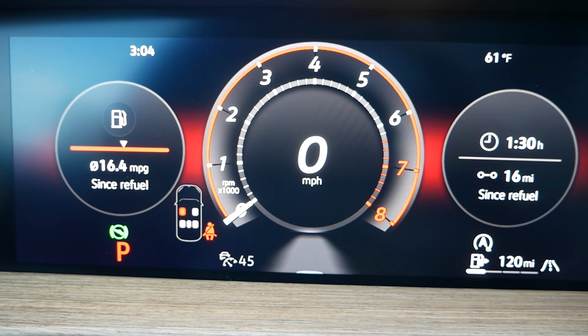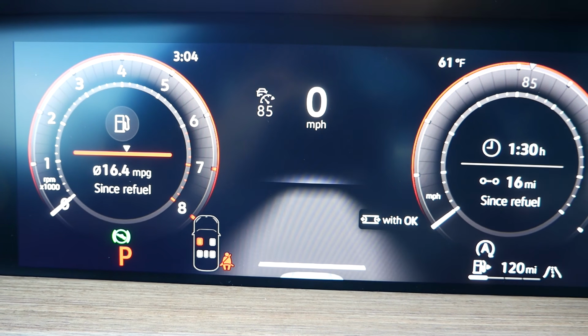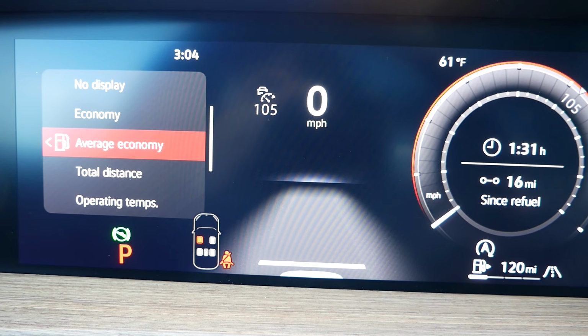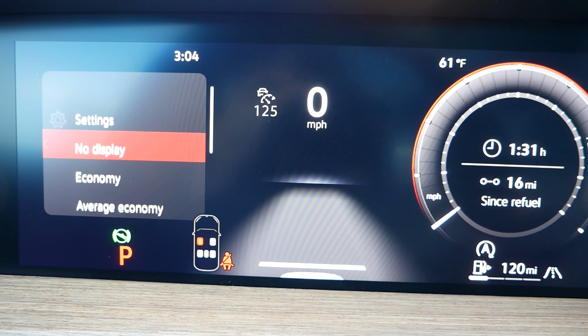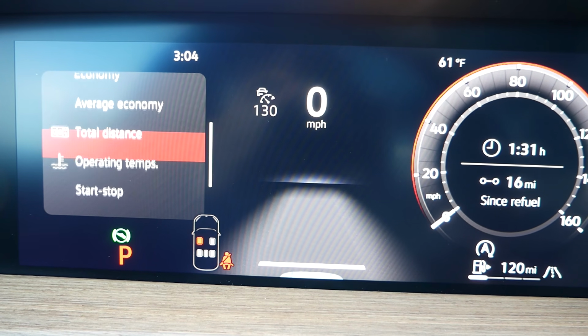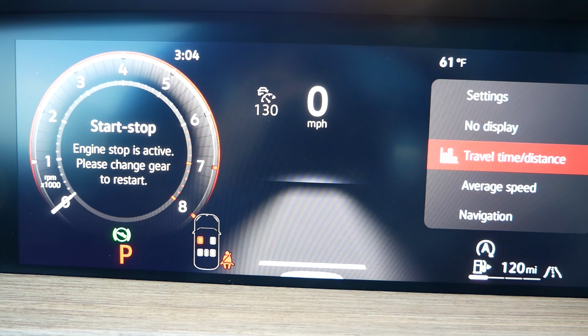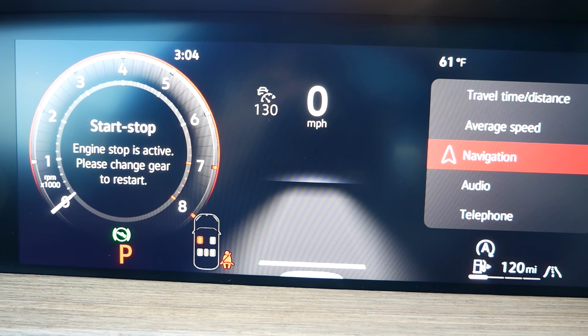Now let's build up to the good stuff here, because you will have a full digital gauge cluster, which is molded into the dashboard almost seamlessly. And some manufacturers get this right, others don't. What I do like is that you don't feel as though you're looking at a cheap screen. I personally think, though, the way it's laid out, the way it's designed, this is better than the Audi Q5